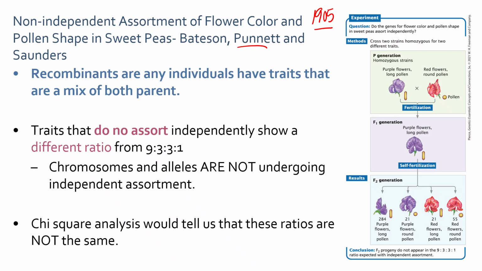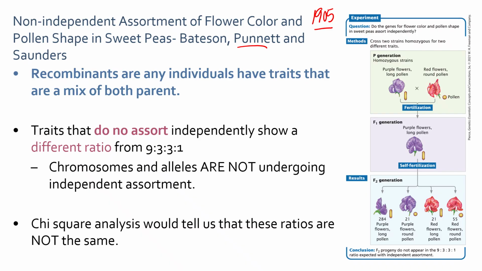This is the fruit fly guy. And shortly after the Bateson, Punnett, and Saunders paper, Thomas Hunt Morgan published his paper demonstrating sex linkage of eye color and demonstrating that genes are found on specific chromosomes. But before Thomas Hunt Morgan showed that, Bateson, Punnett, and Saunders were basically kind of replicating what Gregor Mendel was